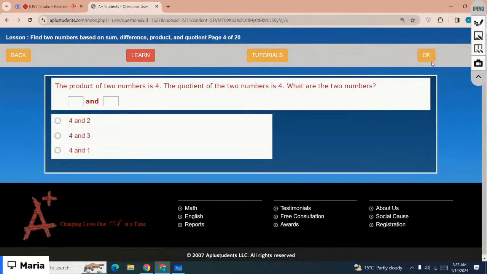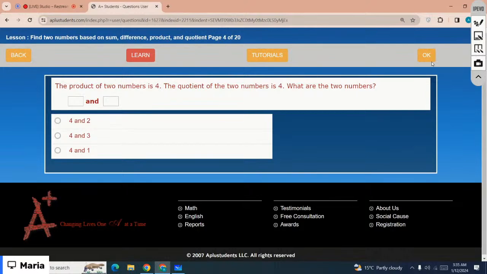The next one is the product of two numbers is 4. The quotient of two numbers is 4. What are the two numbers? Which is the correct option? Product means when you multiply them, the answer is 4, and the quotient means when you divide them, the answer